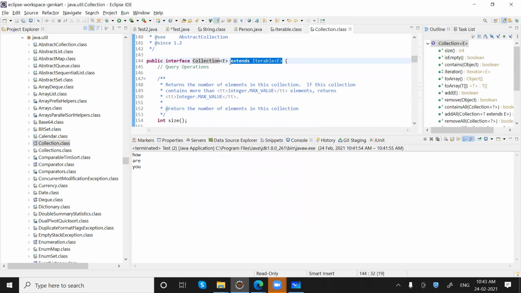We haven't seen what extends is used for, what is the purpose of using extends. So just for now, you can understand it like this. It is basically used for inheritance. Like there are some things in Iterable and we want to use that in Collection, so we can use the extends keyword. We can say Iterable is a parent of the Collection interface. Okay. So whatever children we have, which have Iterable as their parent, can use the for each loop.